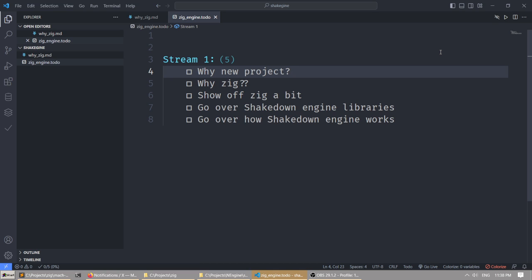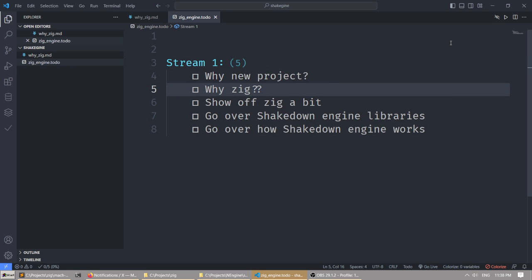So yeah, let me go on to the next topic. Why Zig? So why Zig? Well, as I was saying, C and C++. I was working in C++ for a while. I mean, I call it C and C++. It's not the same language, but under the hood, it's C, and C++ is just C with classes, right? Well, not really. C++ really has a powerful